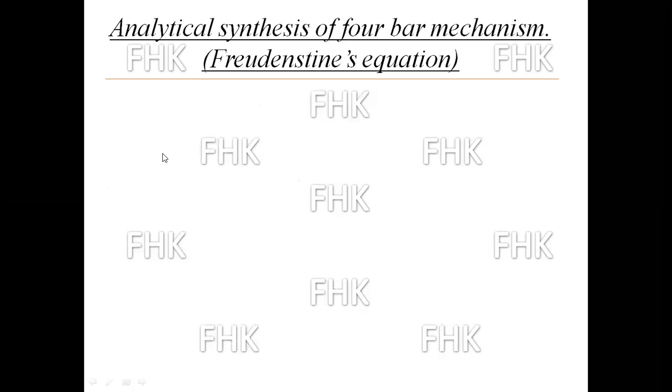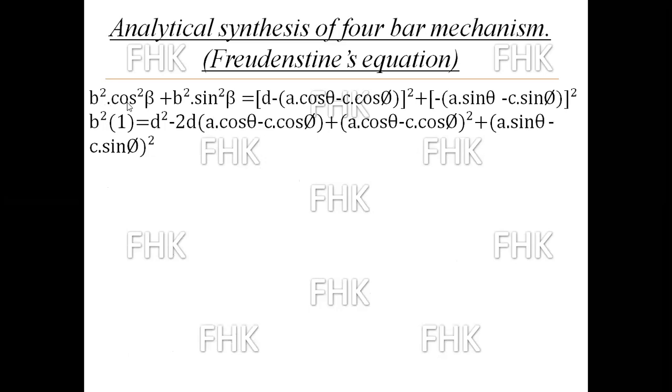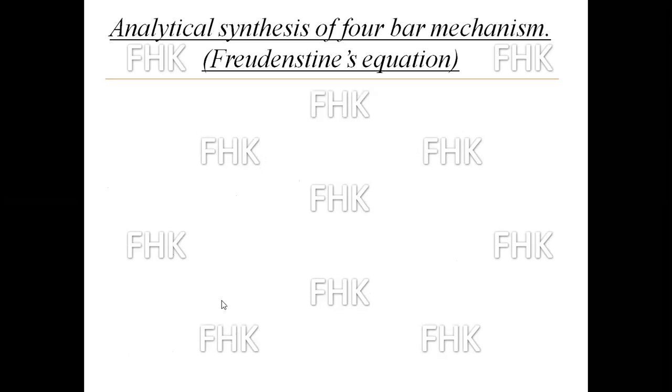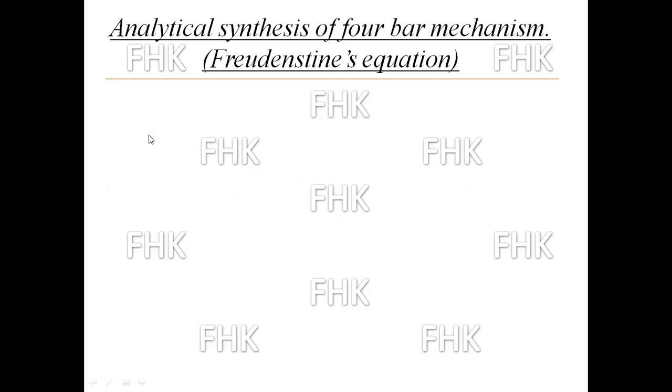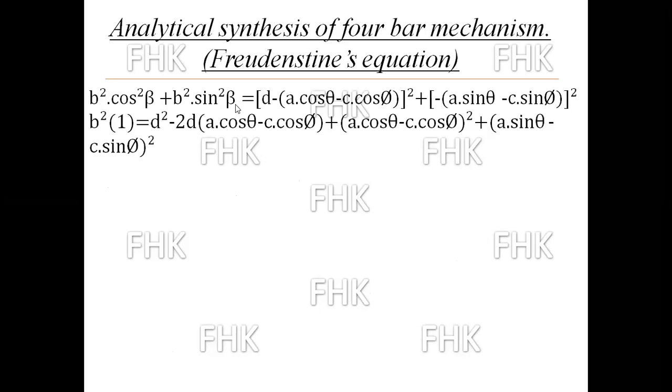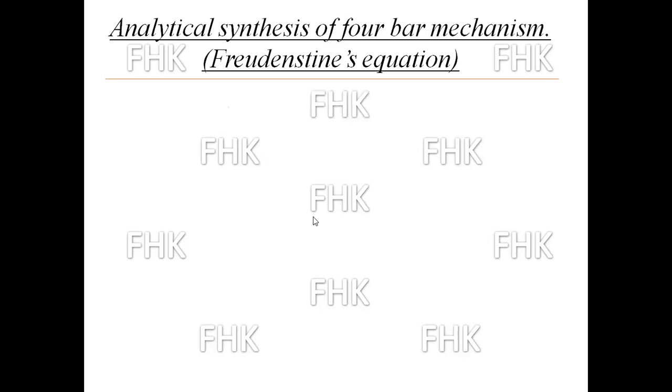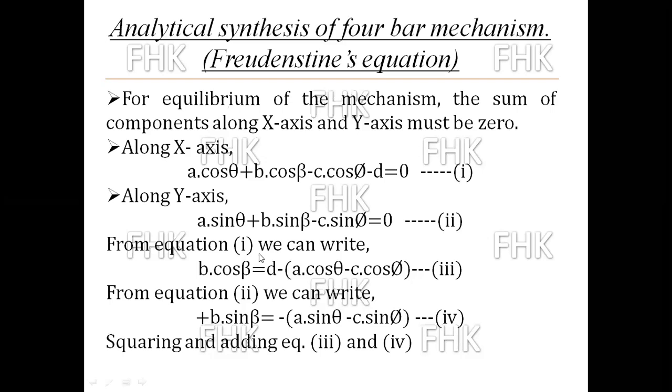It will become b square cos square beta plus b square sin square beta, squaring this term and squaring this term and adding, is equal to, squaring this complete term, d square,